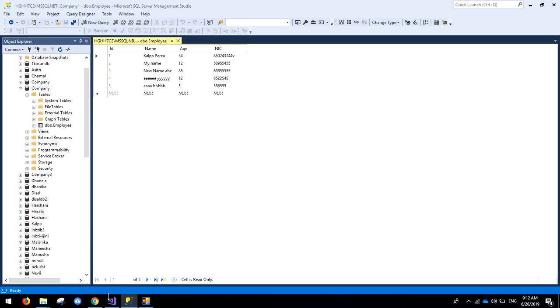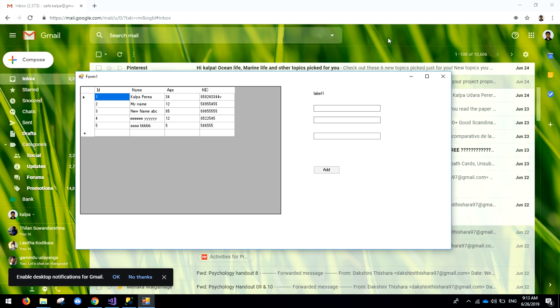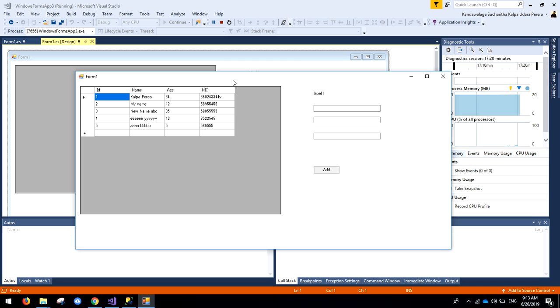And we have developed a C Sharp application. The application itself consists of a data grid view to receive and show the data in the database, and we have retrieved the data from the database and displayed it as a grid view. And those three fields we use to add the data. We can enter the data by pressing that button, like